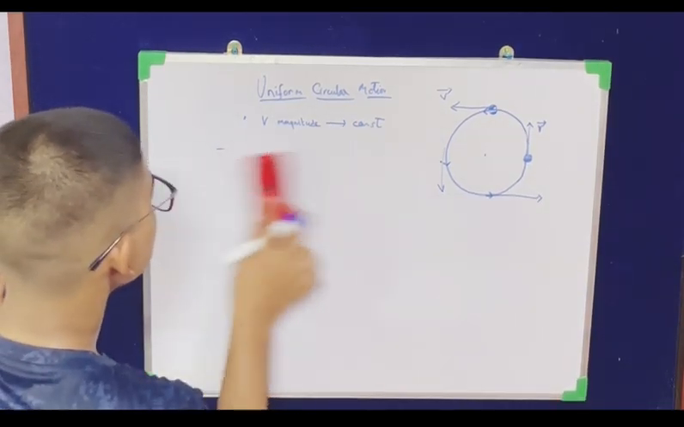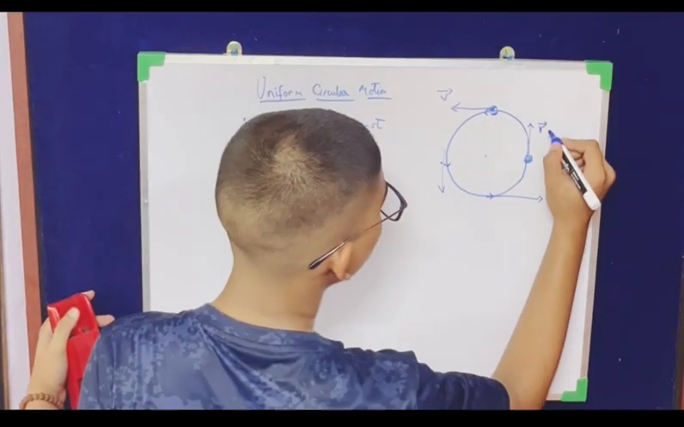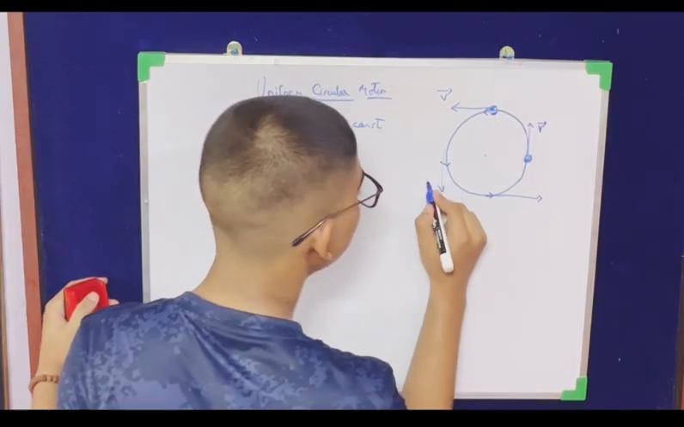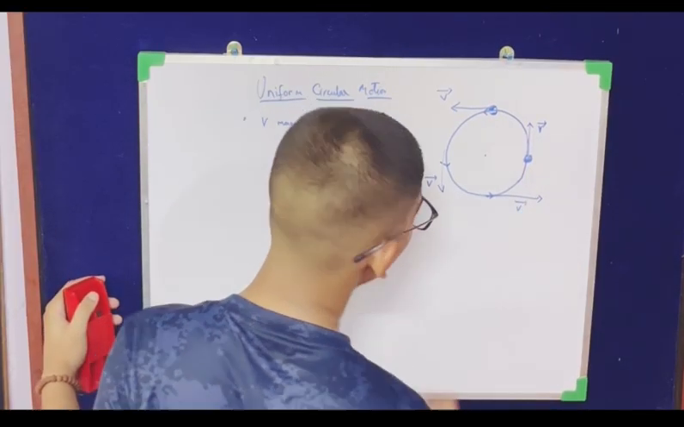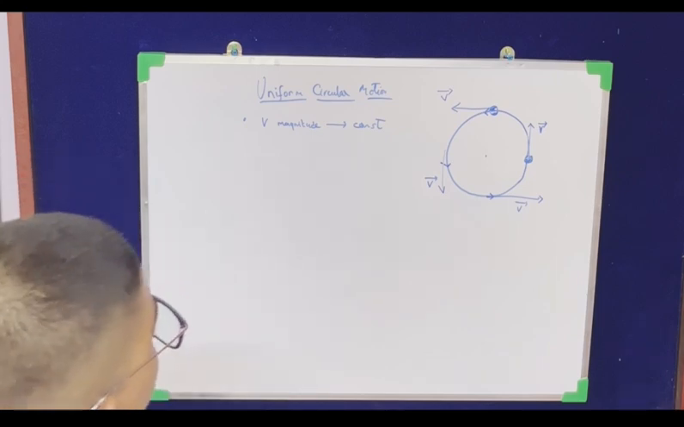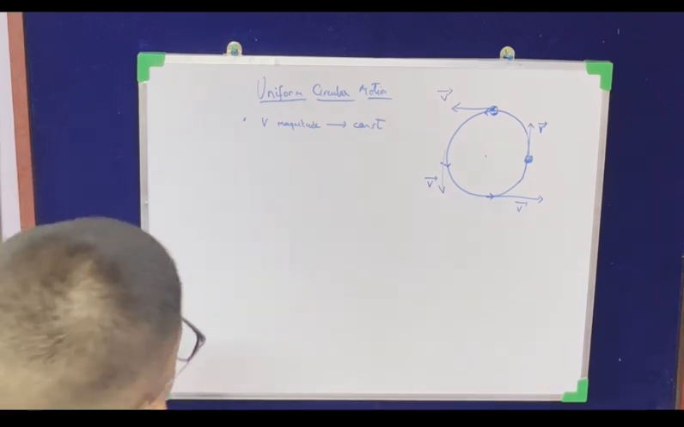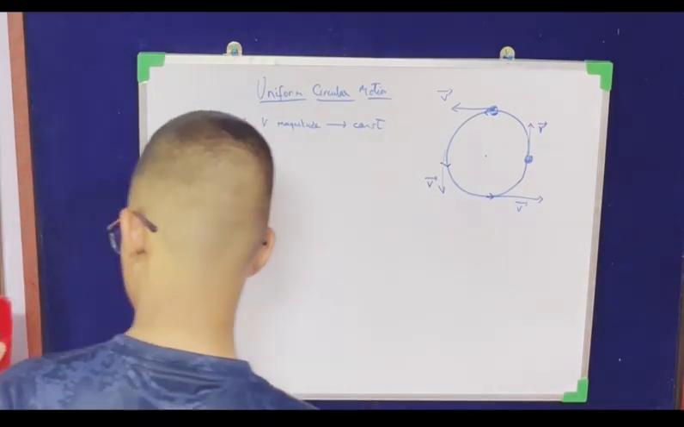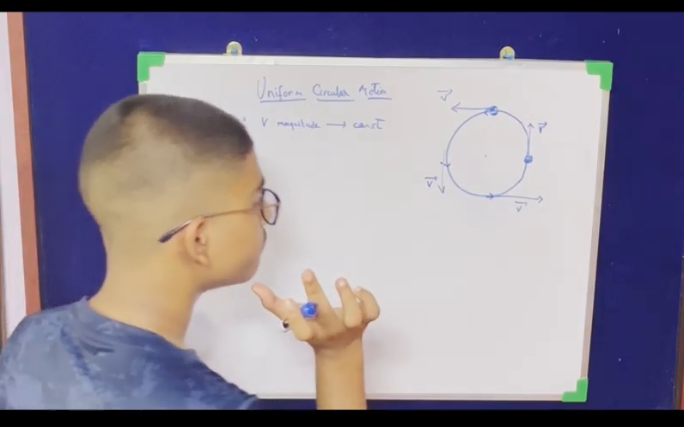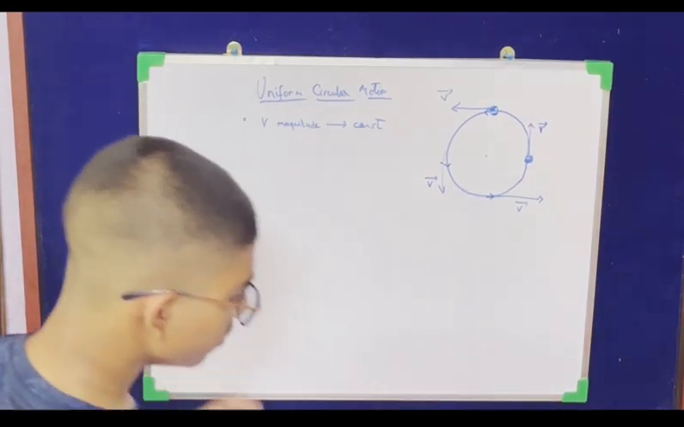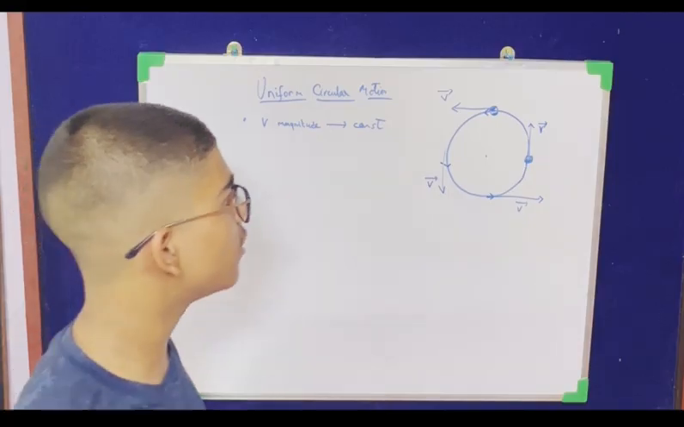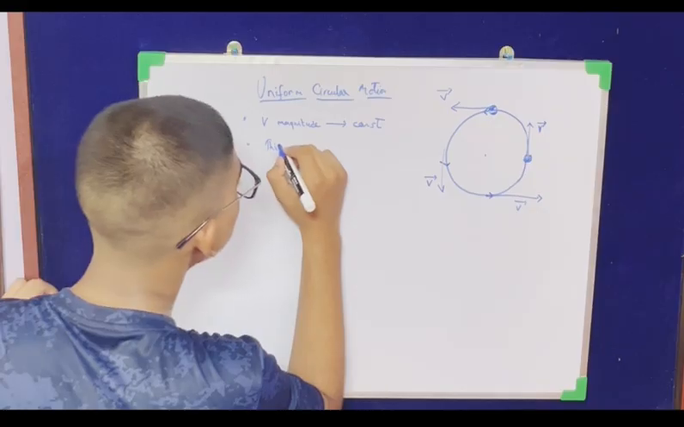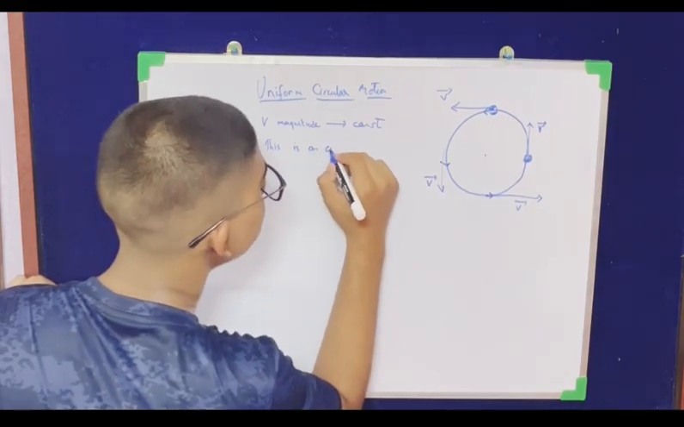So in this case, we can see that the direction of velocity was firstly here, then it goes here, then it is again here, and it is here. So the direction of velocity at different points is constantly changing. It is changing, right? But the magnitude is constant. So we can say, as the velocity is changing, we know that the rate of change of velocity gives us acceleration. Therefore this is an accelerated motion,